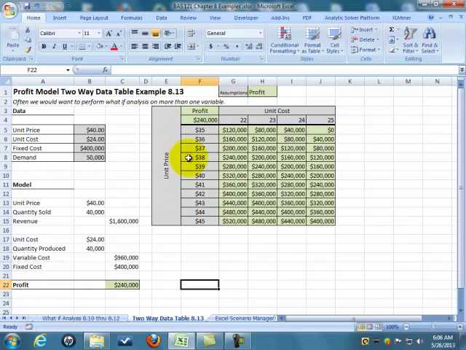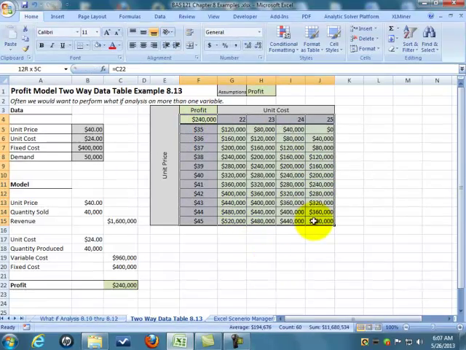We're saying here are our unit prices, and what I did is I input 35, 36, and of course, remember the neat thing in Excel, once you get a pattern, you can just slide it down and it creates them all for you. And then I gave 3 or 4 unit costs: 22, 23, 24, 25. A couple of different unit prices and unit costs. So I set that up, and then I said, what I'm trying to find in this model is the profit. Well, what's the profit? I just said this is equal to what's in the cell down here that I calculated. Okay? So now that I've got this all set up, I'm going to take all my area,